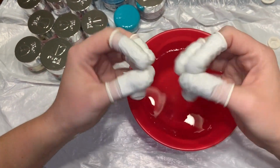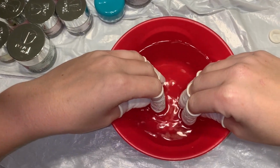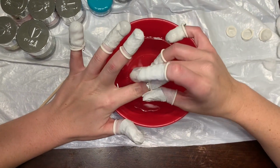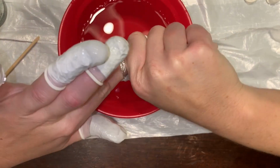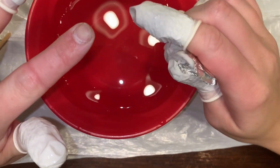Now take your fingers and dip them into that hot water. Don't make it super hot to where your fingers are boiling, people. Just pretty warm. And then you're gonna let that set for about 5 to 10 minutes. I always just put it in front of my TV and watch a show or my laptop. The hot water will heat up that acetone and just cause that product to just slide off the nail,